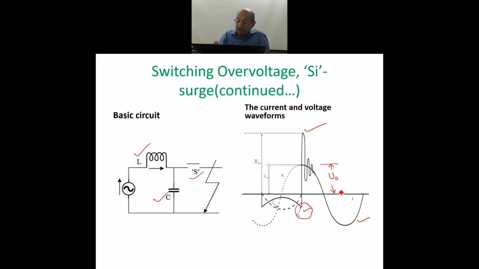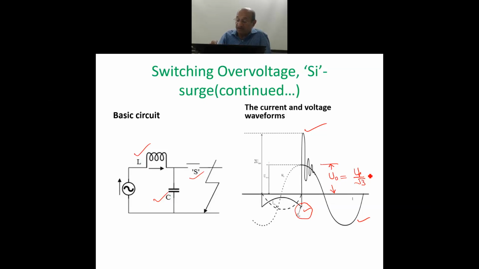That means if we take U naught here, U naught will be equal to U rated divided by root 3. That means the voltage with respect to the ground, and peak value of it,